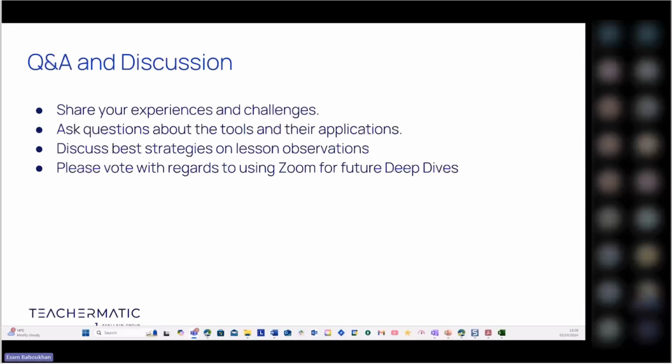sharing some good practice and some of the generators that could help you in reducing the amount of time and energy it takes to create that lesson plan, because I know it's a time consuming and anxious period for many teachers. So please do share some of this knowledge and let your teachers know that TeacherMatic is there to help reduce some of that workload and alleviate some of that anxiety that we all face